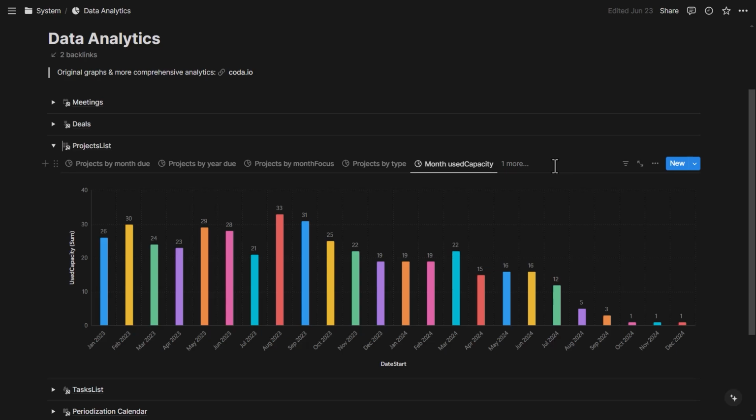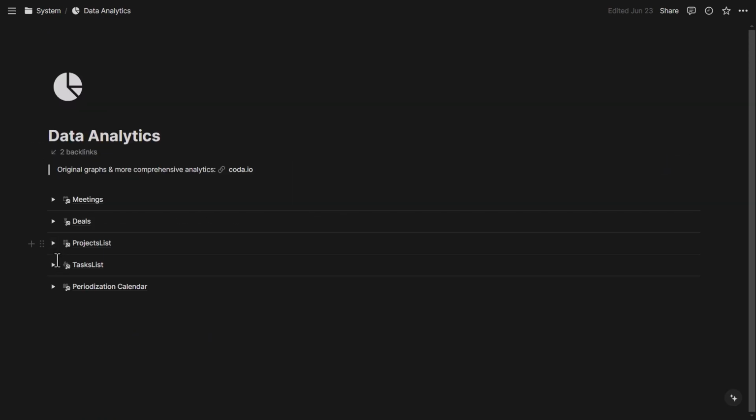And in this case, I track what's the monthly capacity and what's the actual capacity that I've used. So how many projects have I worked on each month? And here I can see that trend over time, and I can see task data, training data. So these kind of visualizations can also be embedded on the page. That is the point. Now let's get into the most important thing, that is how do we create charts in